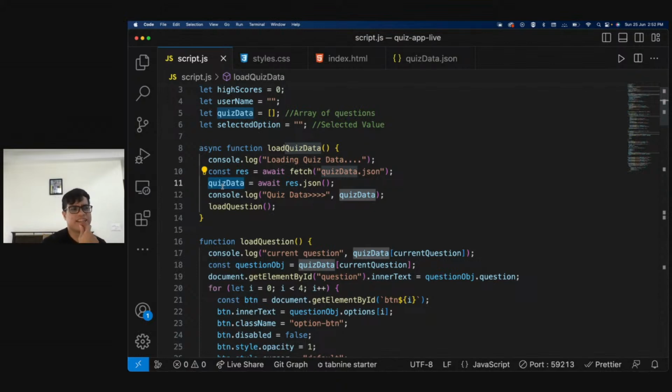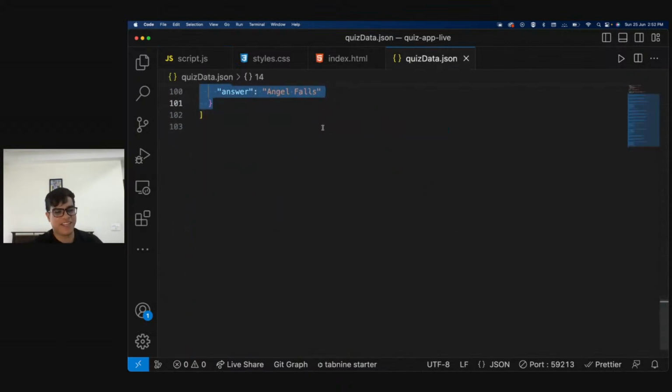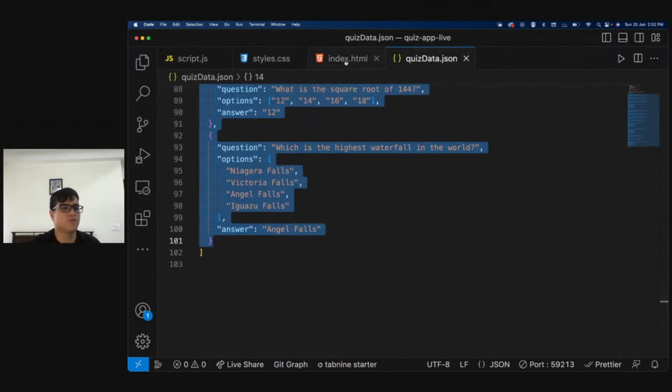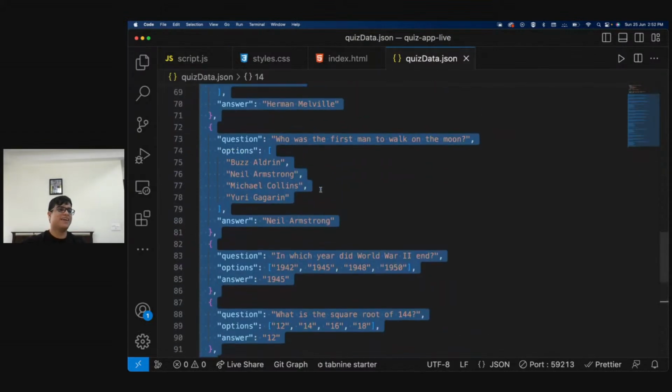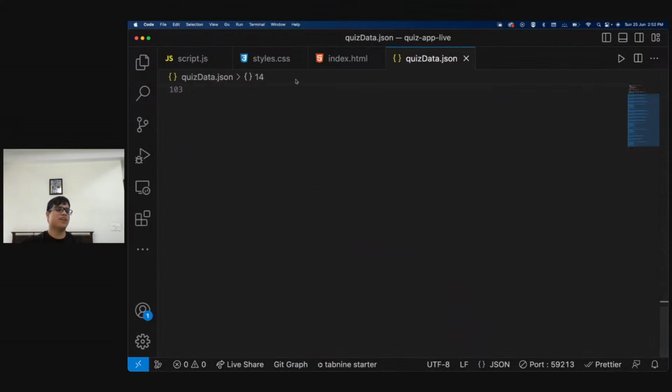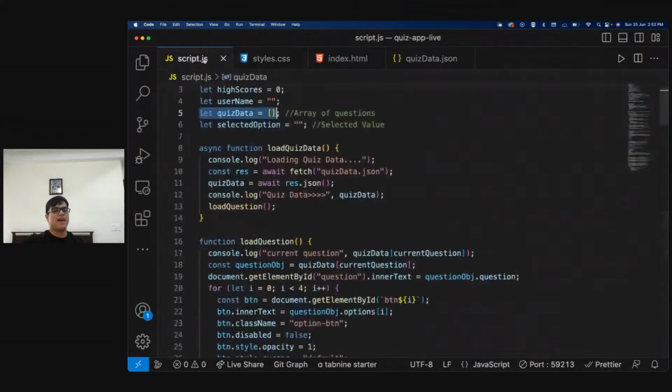So that is the first thing. And Prashant says, why are we using a JSON instead of an array? Of course you can use an array over here, Prashant. But the thing with the array was, imagine having 100 lines more, 200 lines more in your code. This way, your JSON is separate and your code is separate, right? Next time when you only have to update your questions, all you need to do is go over here and update this array, right? Exactly, for efficiency and code modularity, both reasons.